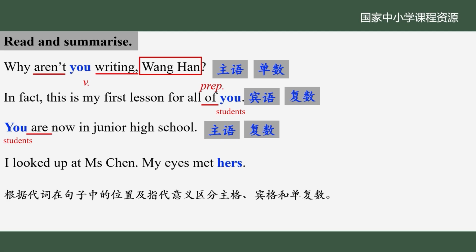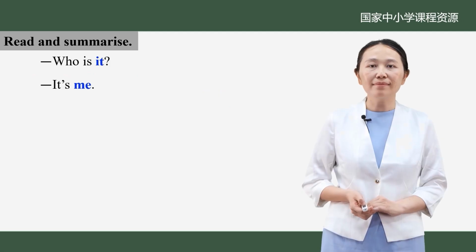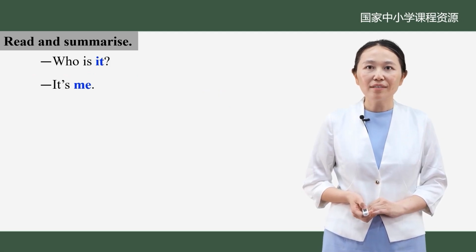Now, pay attention to this sentence. I looked up at Miss Chen. My eyes met hers. Hers refers to her eyes, and it works as an object after the verb met. Here, hers is a nominal possessive pronoun equal to the adjective possessive her plus eyes. That is to say, 名词性物主代词等于形容词性物主代词加名词。